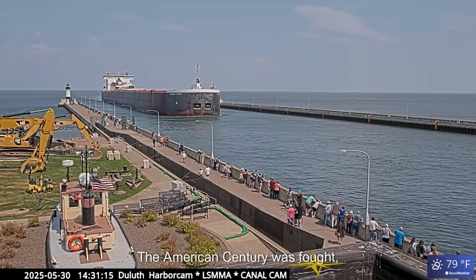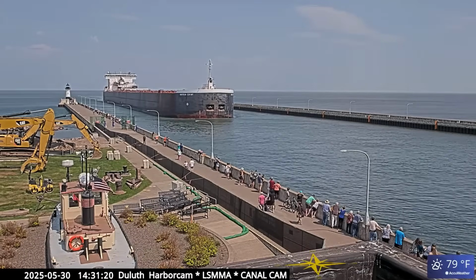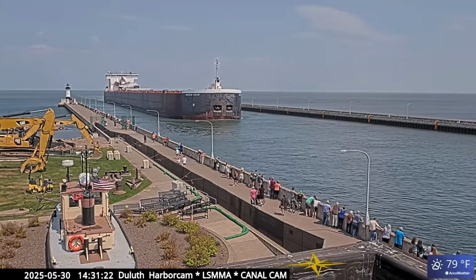The American Century was bought, along with 5 other Ogilvy Norton ships, in 2006 by the American Steamship Company for $120